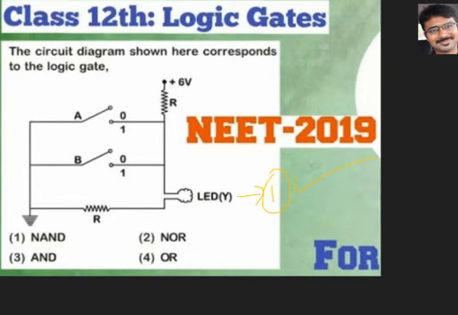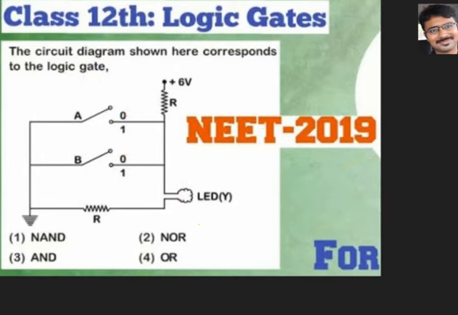Now in the first situation, I have taken A value as 0, B value as 0. Both are 0, 0. So both are 0, 0 means what will happen? Current is flowing through this LED bulb, and we are getting the output. Why, sir? Why is it flowing? Because the current which is coming here cannot travel like that because it is open. Current coming here cannot enter in this direction because it is open. Because we told that A and B values are both 0, 0. 0 means open. Open means we can't allow the current to flow through that.